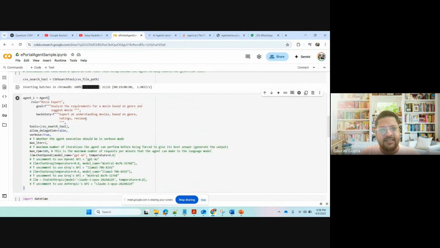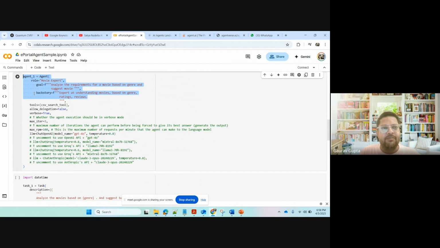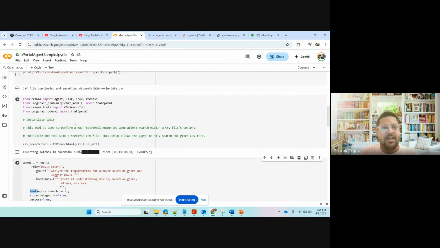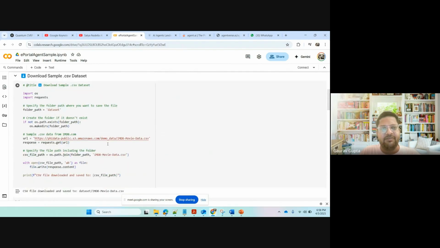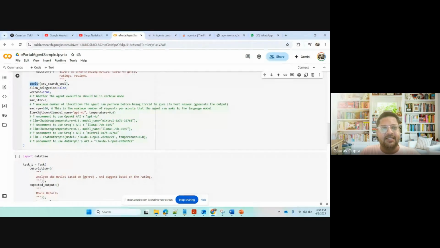This is it. The agent is defined, simple. You define the agent in just one single line. I have told him, you are an agent. This is the tool. For the LLM, I have defined OpenAI ChatGPT Turbo 3.5. That's it, and I'm hooking up to the LLM: use this LLM.